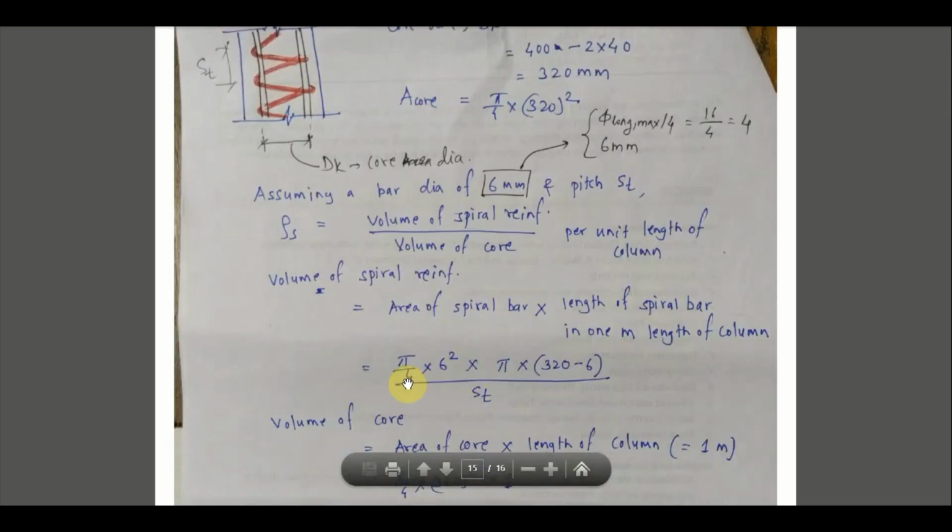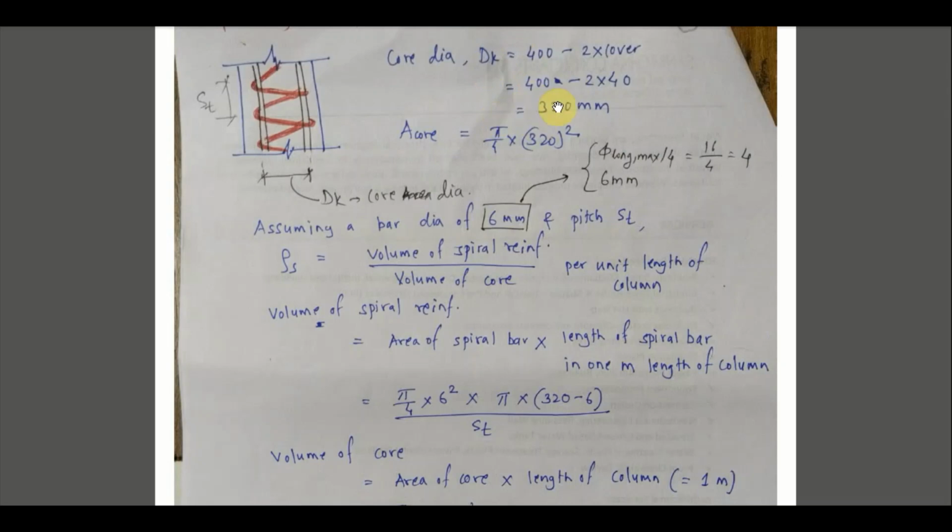Area is simply pi by 4 6 square, pi times 320 minus 6. So what is 320? Is core diameter. Okay, so this is the core diameter minus 6. Minus 6 क्यों? The diameter of the tie. So center to center distance हम निकालेंगे। तो ये हो गया आपका वॉल्यूम।